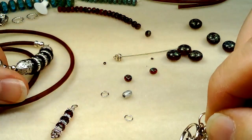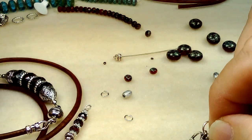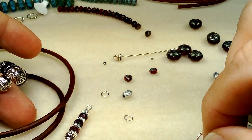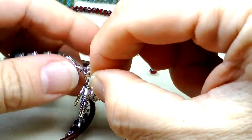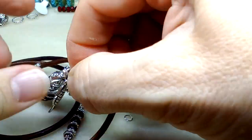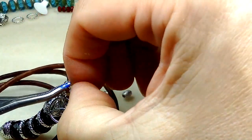Now, let me see. I can't just open the door. Let me see which side I want to put it on. Put it on. Yeah, let's put it right on the. Yeah, that's a good idea. Away from the clasp, I think. So that was kind of out of the question, and then